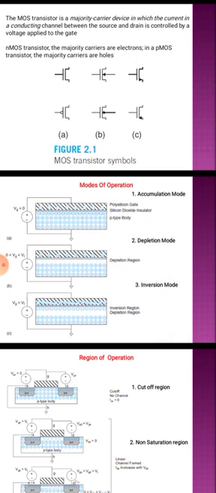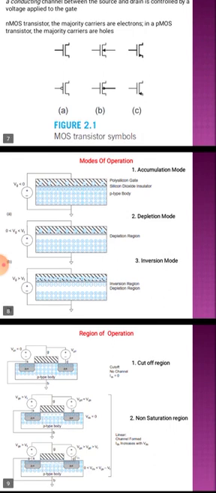Now let us discuss the NMOS enhancement mode MOSFET. The N-channel MOSFET is formed on the P-type substrate of moderate doping level. So here we are going to take a P-type substrate. In the P-type substrate, the source and drain regions are formed by diffusing N-type impurities, through the process called diffusion,